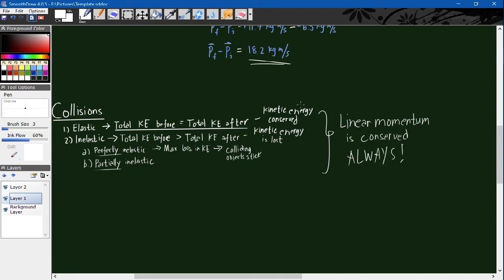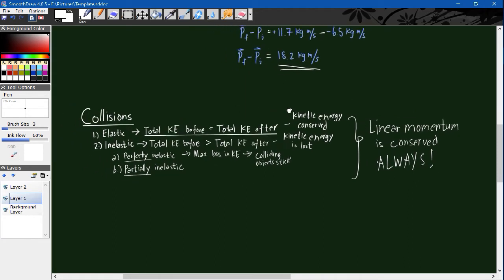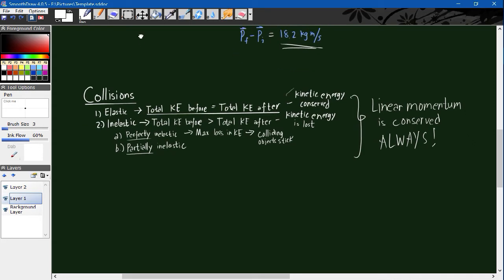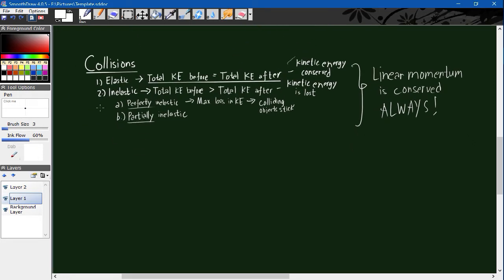So it's possible that you're wondering how come in some kinds of collisions kinetic energy is conserved, like, according to the law of conservation of energy. How about when kinetic energy is lost? I thought that energy is supposed to be conserved. So why did we lose some kinetic energy in inelastic collisions? That's perfectly okay. We're not violating any laws,